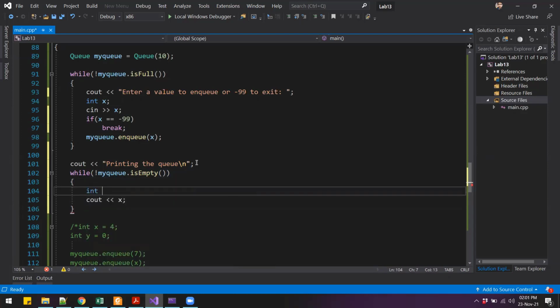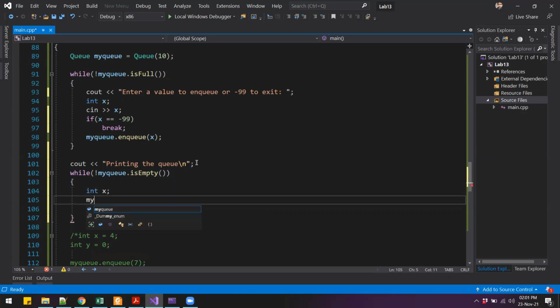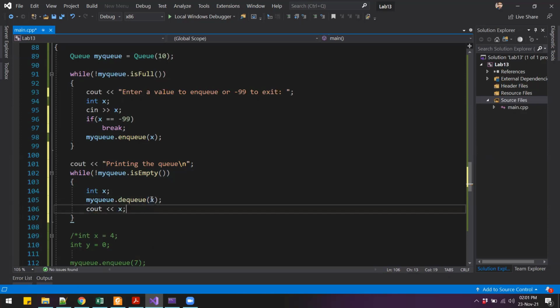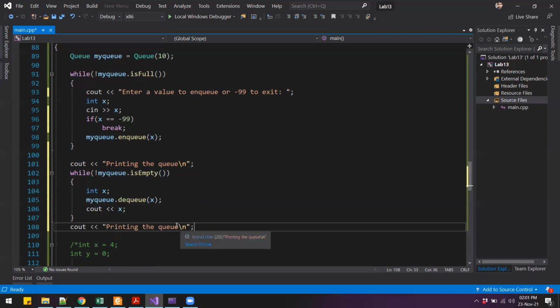So we can say int x, and we will call the dequeue function on the queue and pass the value x, right? The value of the dequeued value will be stored in x, and that is the one that we are going to print. And then once we are done with the printing, we can say that the queue is empty, right?